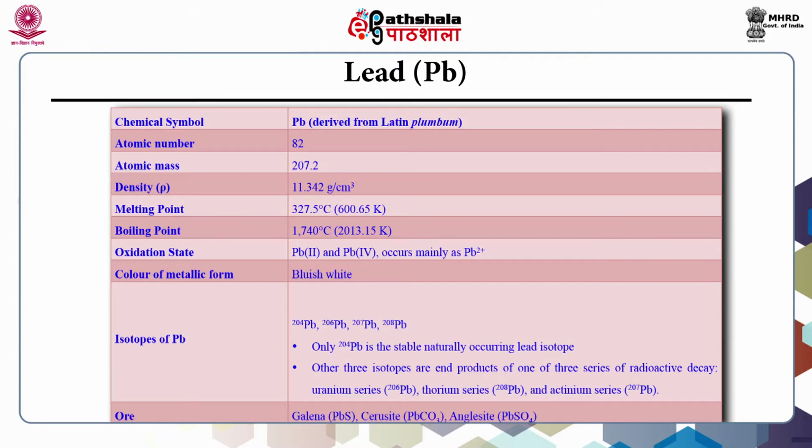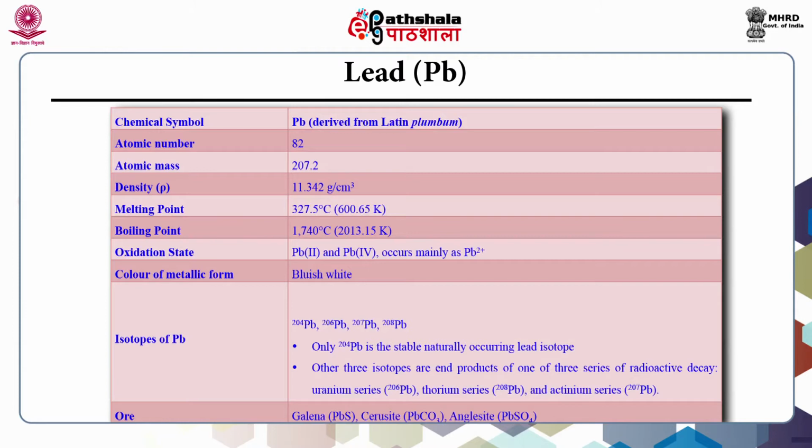Atomic number of lead is 82, atomic mass of lead is 207.2 and density of lead is 11.34 gram per centimeter cube. It means that 1 liter of lead is equal to 11.342 kilogram. Melting point of lead is 327.5 degrees Celsius, whereas the boiling point of lead is